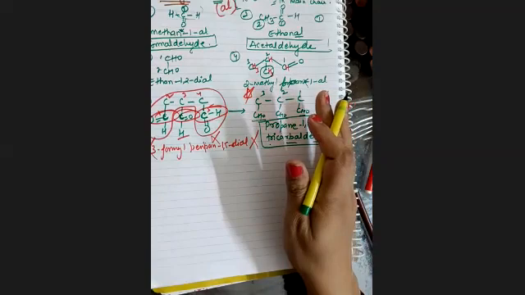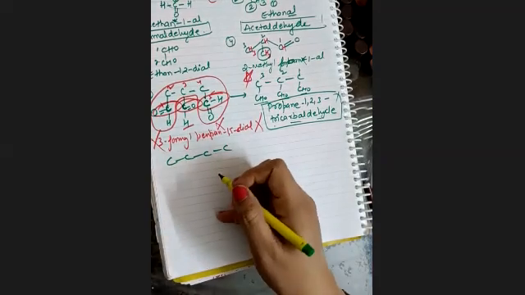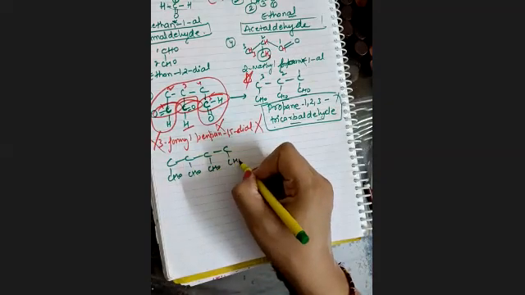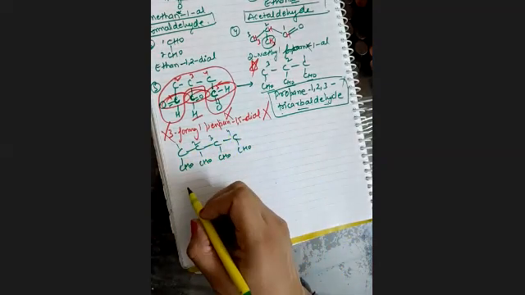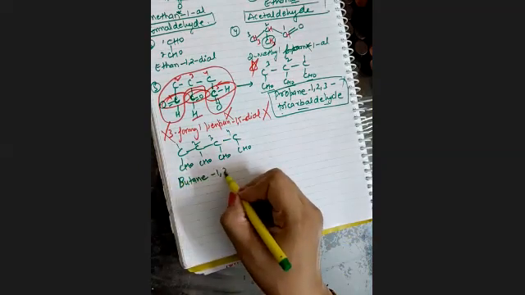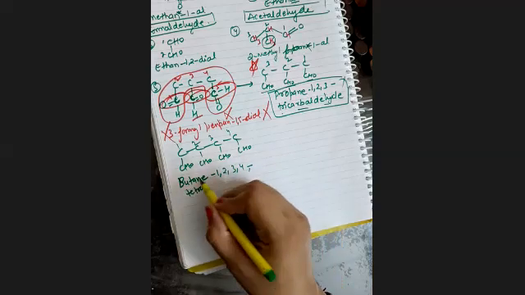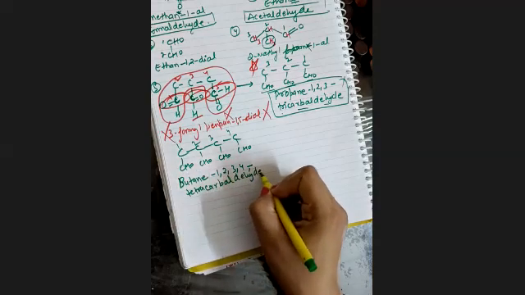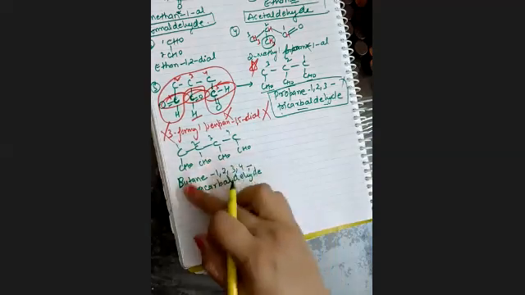Is this clear? For example, if I just increase the number of carbon, this is CHO, CHO, CHO, and CHO. Now the nomenclature will be, you can start from this one, 1 2 3 4. The nomenclature will be butane 1 2 3 4, tetra because 4 है यहाँ पर, carbaldehyde. ठीक है, so we will not count the carbon. We are not counting the carbon of the aldehyde group.